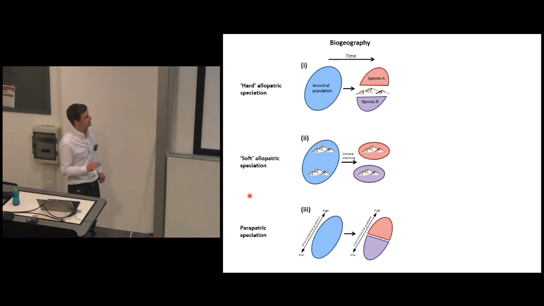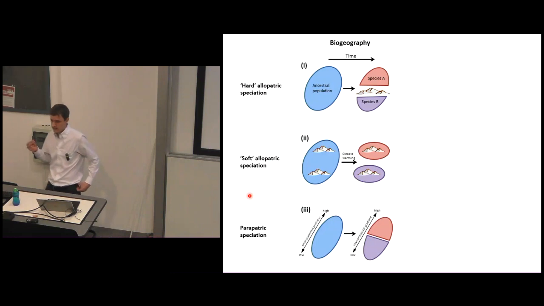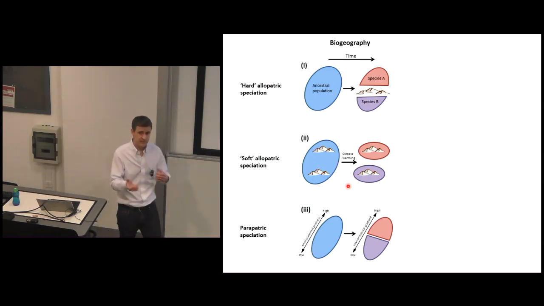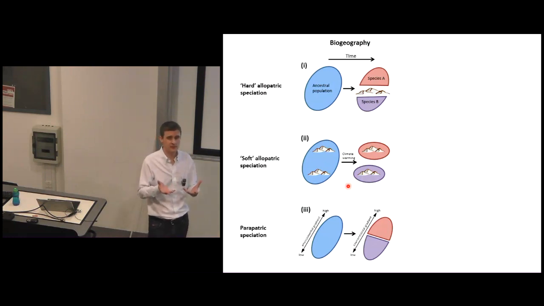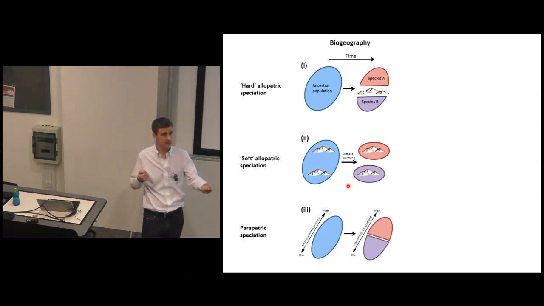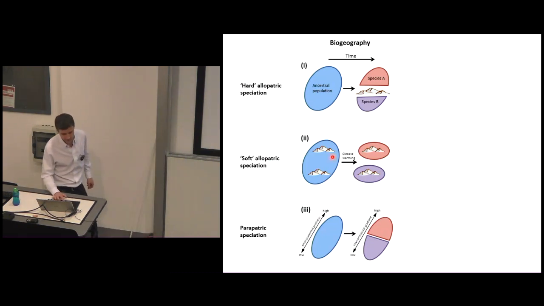Another area that's been really widely written about in the last 10 or 15 years, we might refer to as soft allopatry, so it's another allopatric mode of speciation. But again, you start with some ancestral population, but the idea here is that as the environment is changing, species aren't adapting to different environments, they're tracking known environments, the environments that they're adapted to, which is another way of causing isolation.